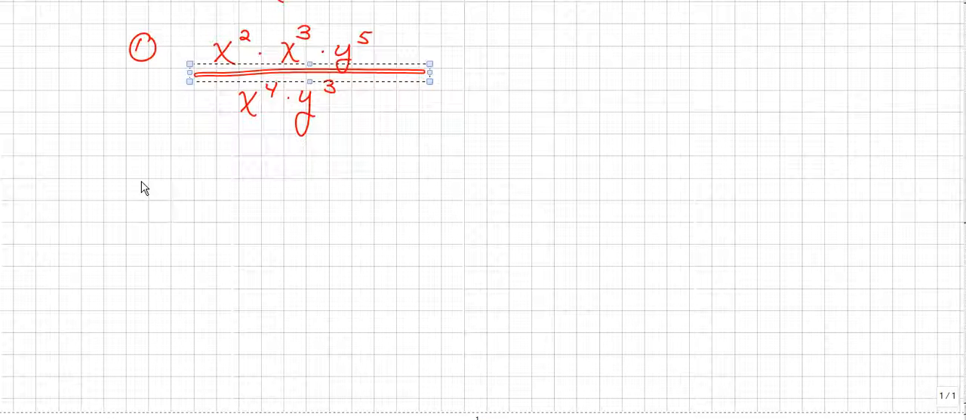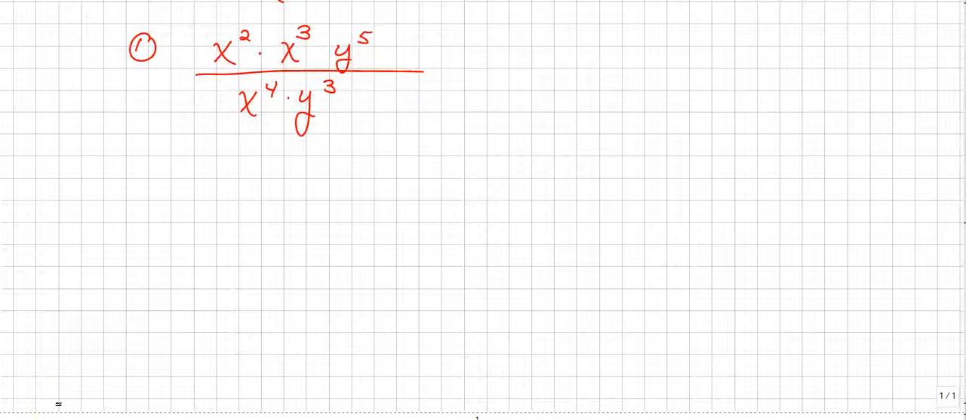Now at this point, what you would want to do first is try to simplify the numerator and denominator separately as the first step. So in the numerator we have x squared times x to the third, which is x to the fifth. We use that property where we add the exponents, times y to the fifth over x to the fourth, y